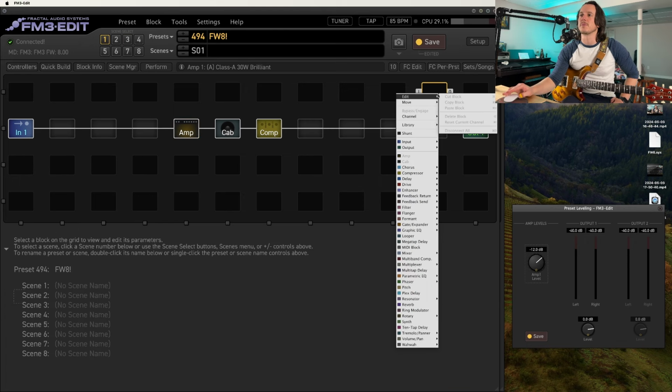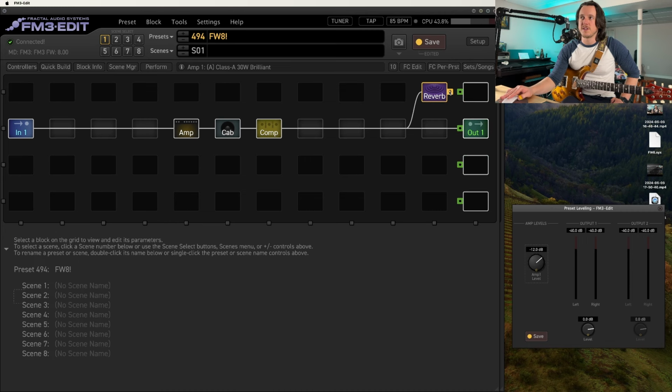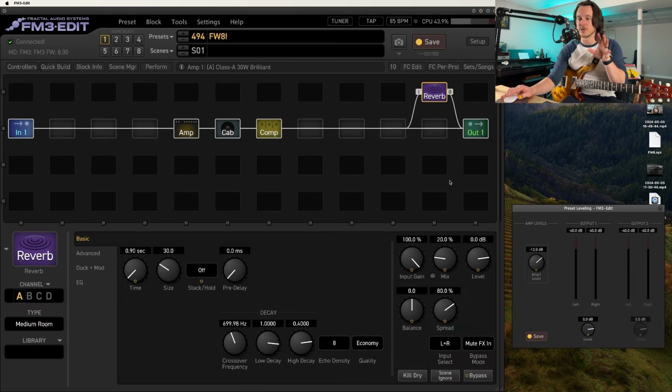Let's do this. Let's get a little bit of ambience together here on this little preset. Another new great feature is something that is called Kill Dry. This has a number of benefits. The first one being that it's just going to be a lot easier to set up your reverbs and delays in parallel. So ordinarily I would need to put the mix up to 100%, back the level down or the input gain down, and then change my effect bypass and do all these things. I'm still going to change my bypass mode to mute in, but now rather than doing anything over here on the mix and level, I'm going to hit Kill Dry, and now I've got